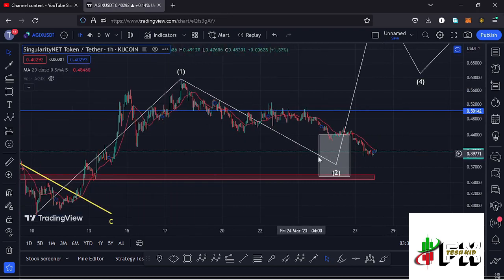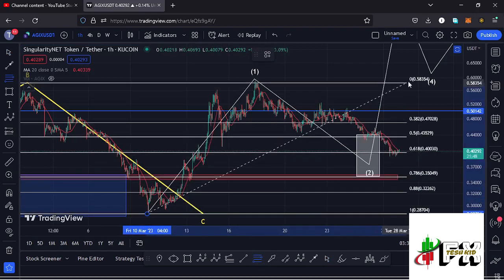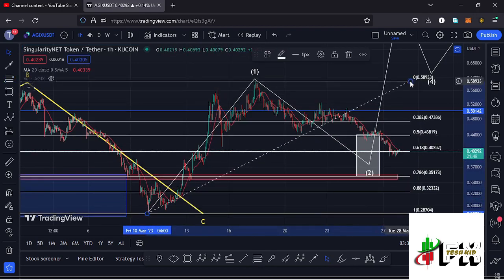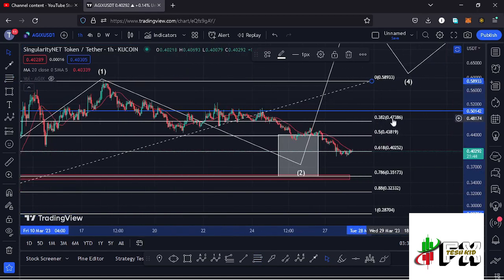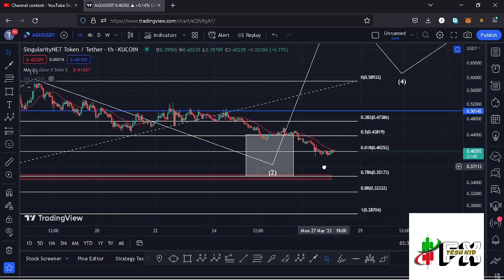in the formation of this wave 2, and using the Fibonacci's, connecting them from the low of the first wave down there to the high of that wave 1, that gave me a minimum retracement area in the formation of that wave 2 between the fib level 0.5 and the fib level 0.78, which is a target area that lies between the $0.43819 mark and the